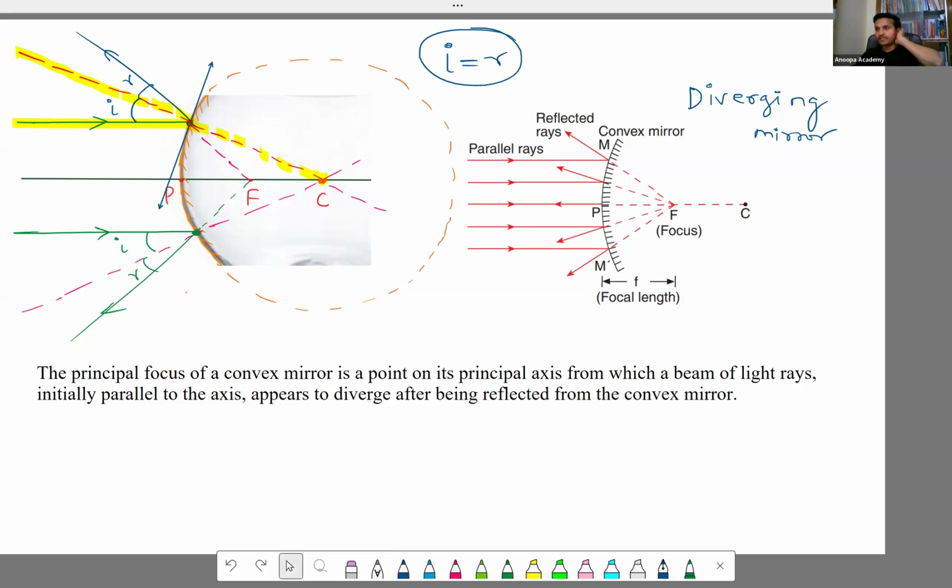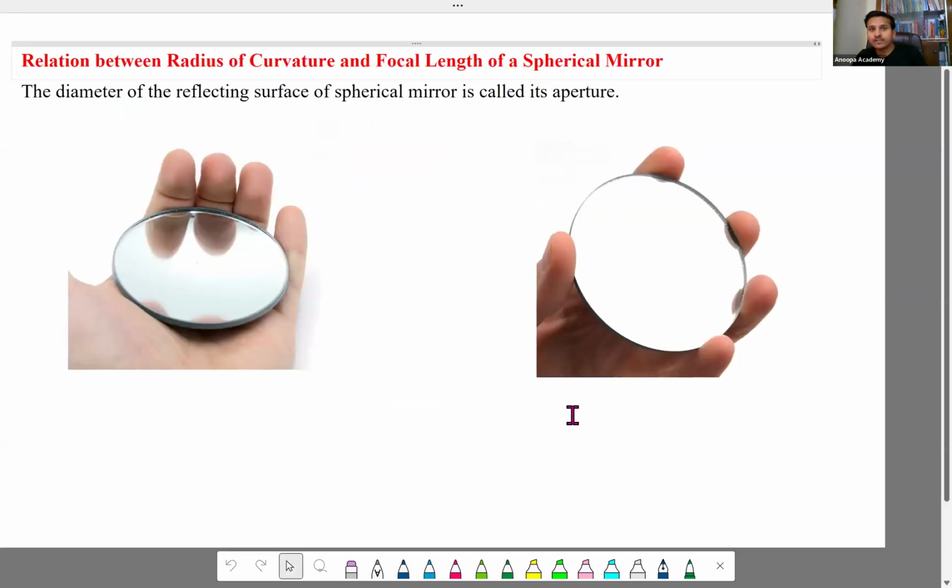Perfect. Moving forward, we have a relationship between the radius of curvature and the focal length of a spherical mirror. What is focal length? The distance from the pole to the focus is the focal length. See, suppose, maybe I'll actually...